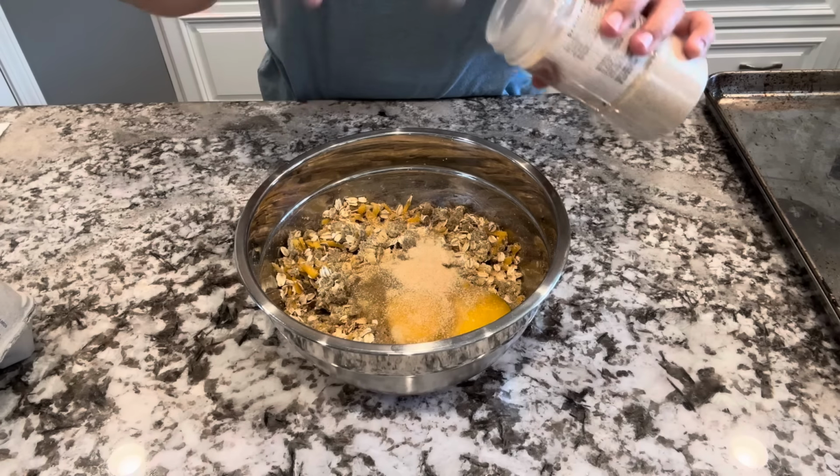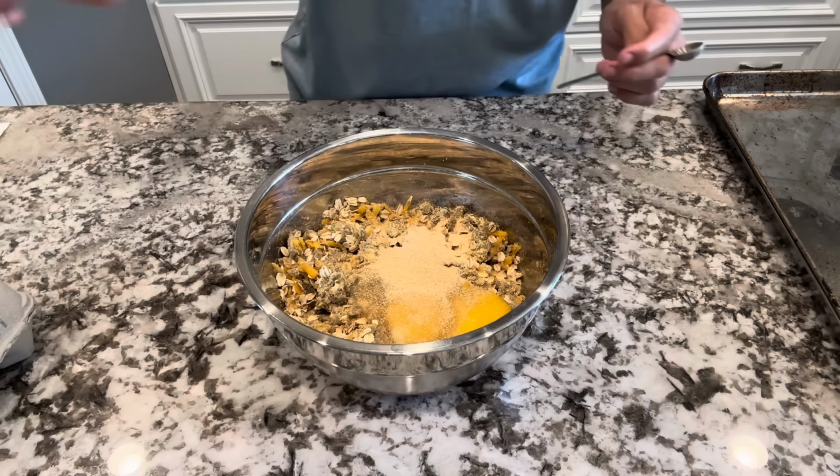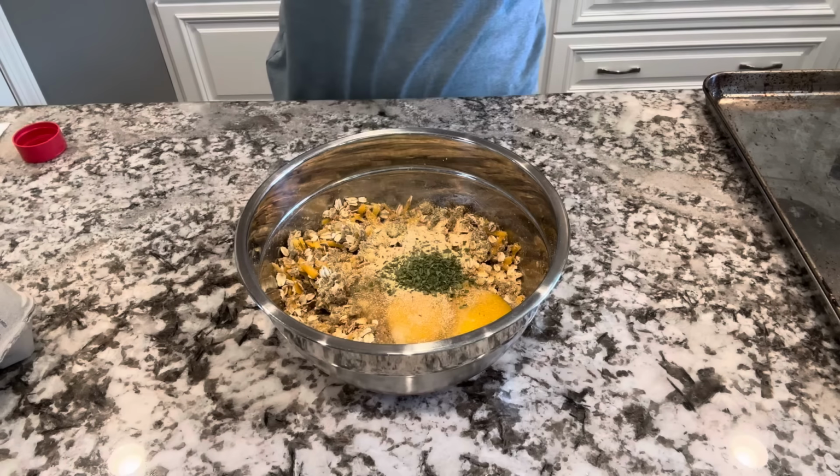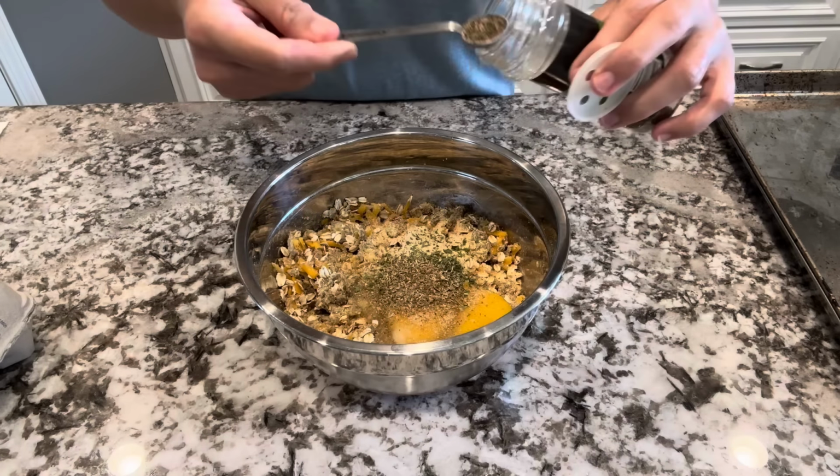But first, in a bowl, I'm smashing my cooked lentils and adding the oats and the cheese. Now, if you don't want to smash them by hand, you can blend them. I personally like to have some of the whole lentil pieces. I feel like it gives a really good texture to the meatballs or the meatloaf, but that's totally up to you. If you have picky eaters and if they see beans, they won't eat it, maybe try the blender